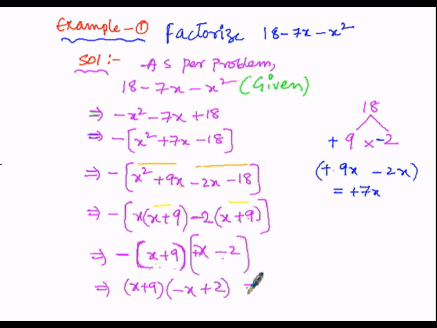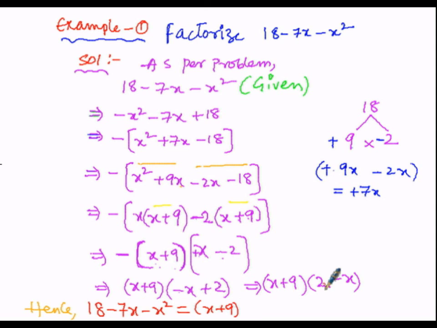Or in other words, we can write it as: x plus 9 is one of the factors, then the other factor is plus 2 and minus x. I want to write the positive sign in front, so plus 2 as just 2 and minus x. So these two are the factors. In this manner, I have factorized. So therefore, 18 minus 7x minus x square can be factorized as these two terms: one as x plus 9, the other as 2 minus x. Then now, in a similar manner, let us factorize